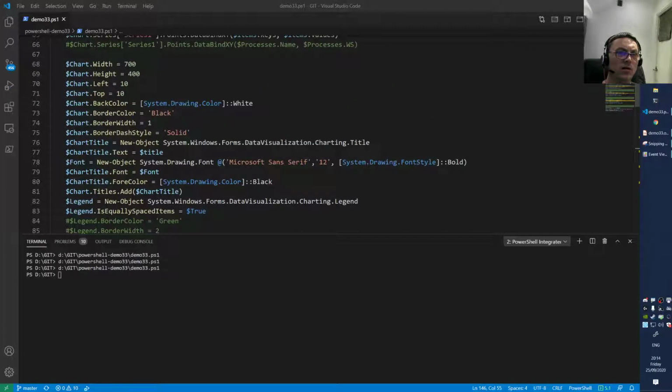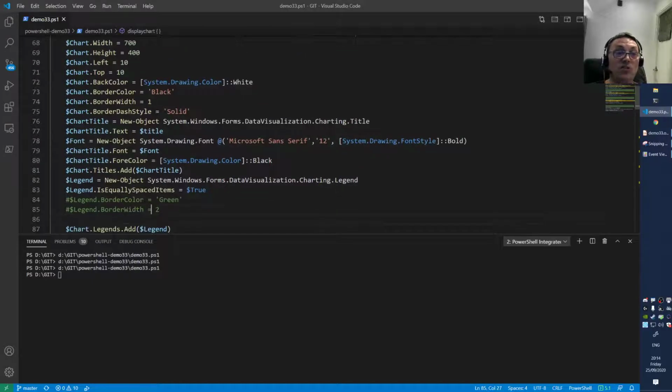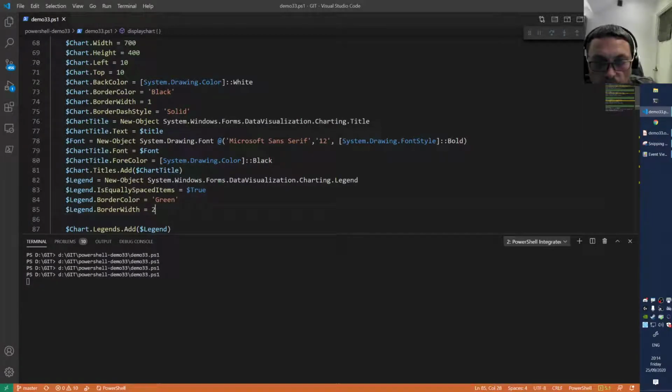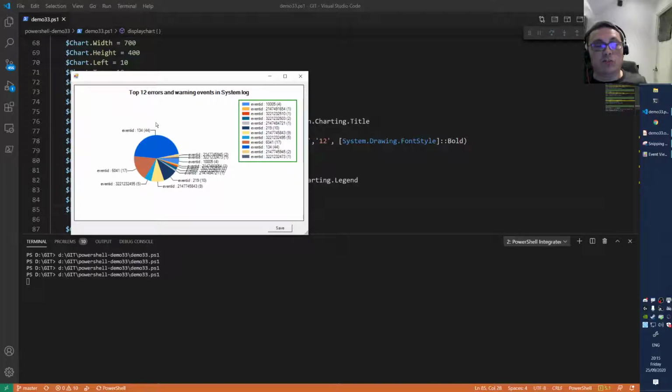Yes. And now, for instance, we have a border color that's black. I don't know which border it is, but what you can do is the border width, right? Make it a little bit thicker. But we're not really interested in that one yet, not the chart. It's the legend. Yeah, this one. So let's make the legend, let's make a border around that and make the border width 2. So now we run the script again with new values and see how that report now looks.